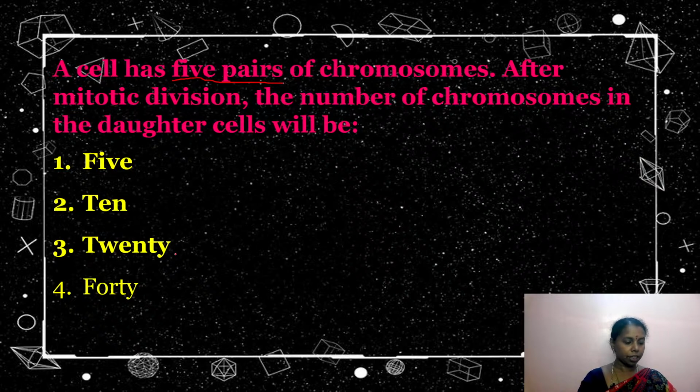Lakshita answered. Tilak answered. And Vivek answered. Yes, Madhavi, Priya, yes, it is B, 10. Very correct answer. And Jeevan answered. Very good. It is B because 5 pair means 10. Children usually make a mistake: after seeing 5, they immediately write 5. The number of chromosomes in mitosis is going to be the same, so 5 pair means 10 is the correct answer. You all answered very correctly.